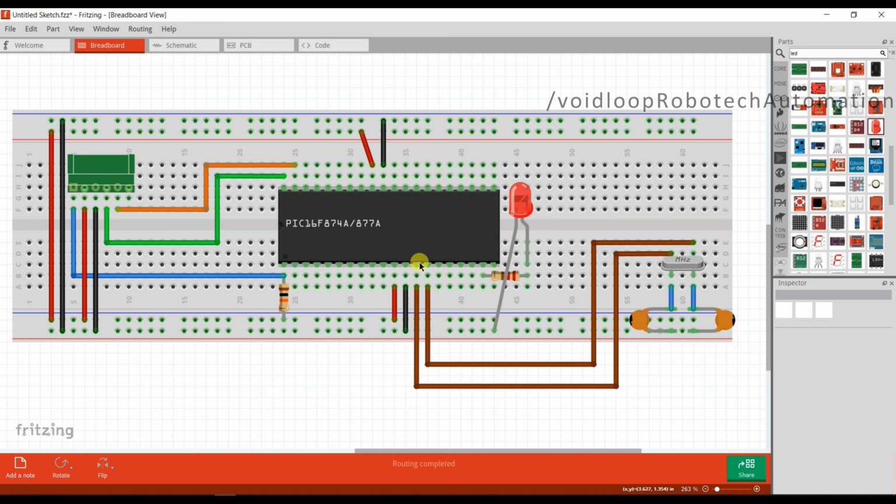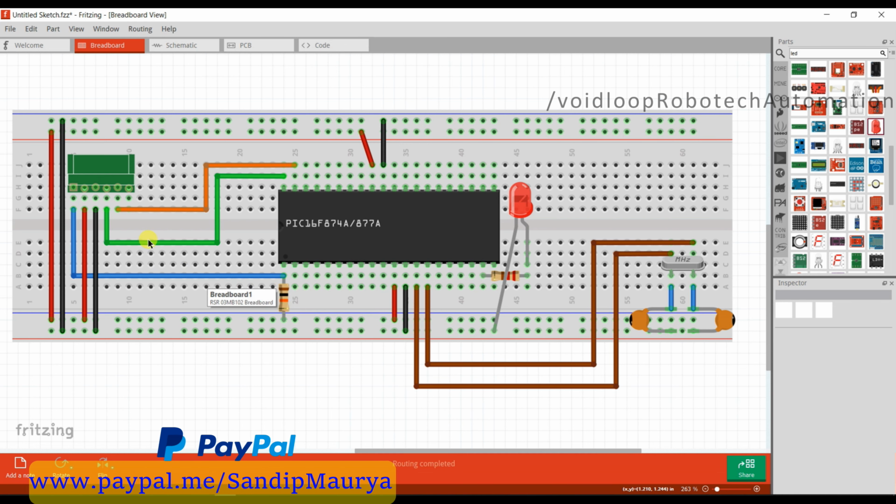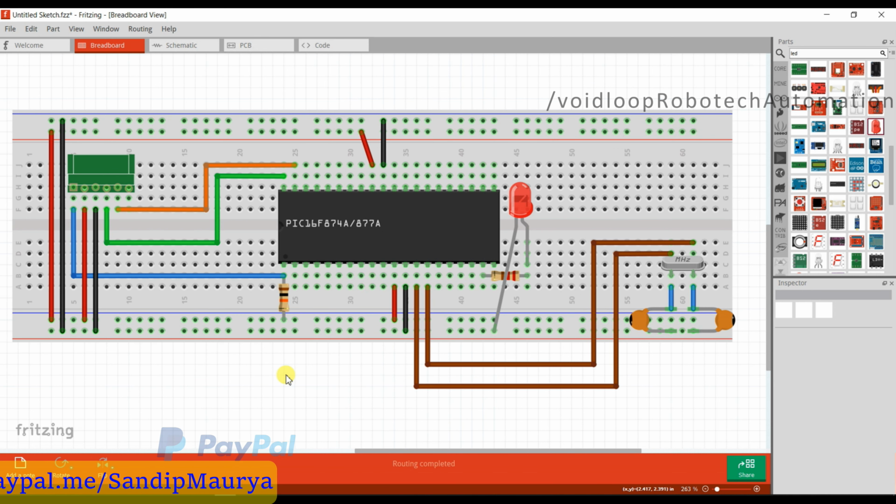It is connected on pins 13 and 14. You can see this is the MCLR resistor, and this is the programmer pin. You can connect PICkit 3 here. So now we will see programming. Before programming, I will connect PICkit 3 with the laptop and the controller with the PICkit 3 programmer.